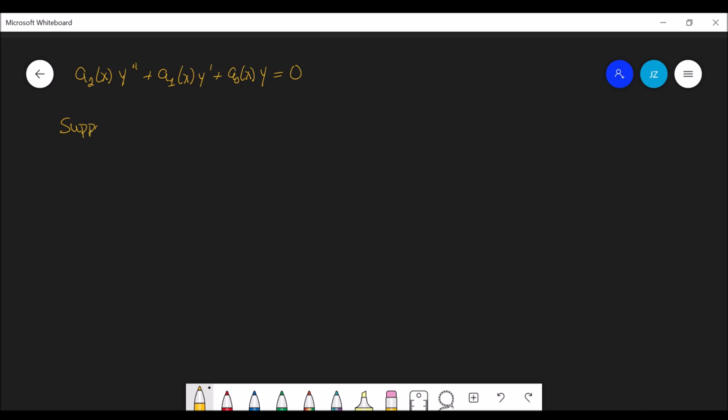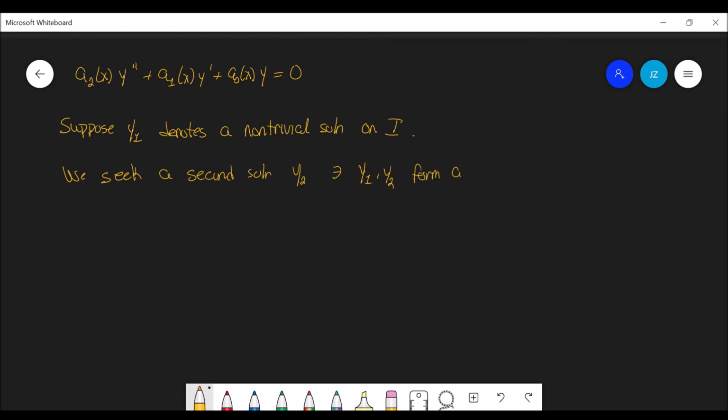Let's suppose y1 denotes a non-trivial solution to this equation on the interval I. We now seek a y2 such that y1, y2 form a fundamental solution set. If they are independent,